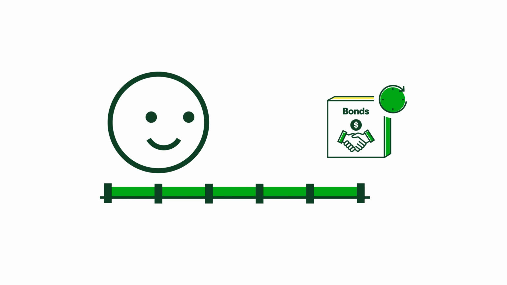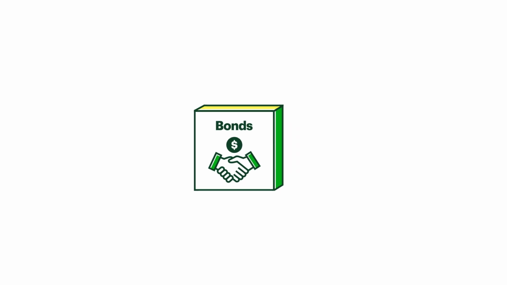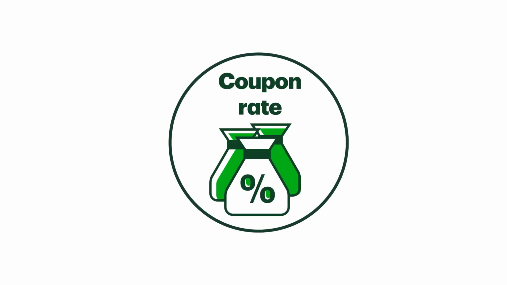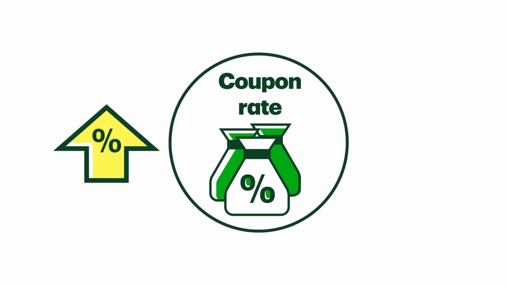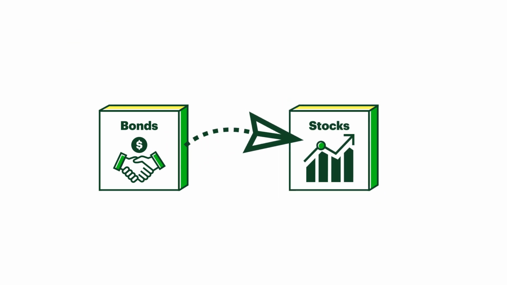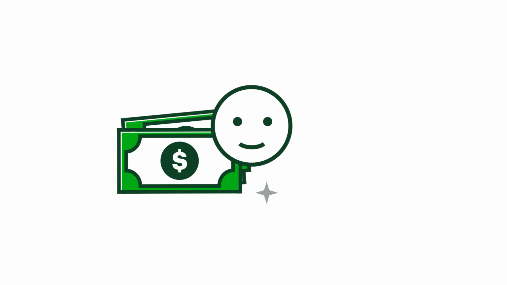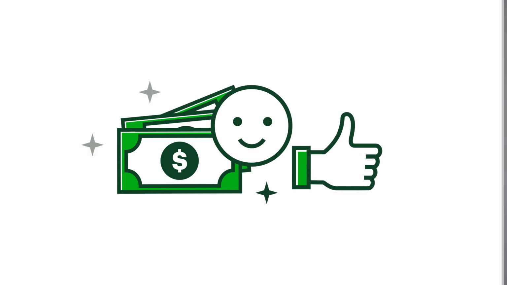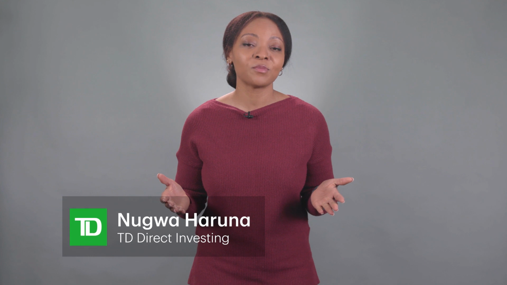Some bonds have specific features you should be aware of. Callable or redeemable bonds let the borrower pay off their debt before the maturity date. This effectively reduces the amount of interest you receive. To compensate you, the interest rates or coupon rates on callable bonds are typically higher. Convertible bonds usually let investors choose if they want to convert their bond into a stock. Investors may want to do this if they think the stock price will be more profitable than the bond's yield at maturity.